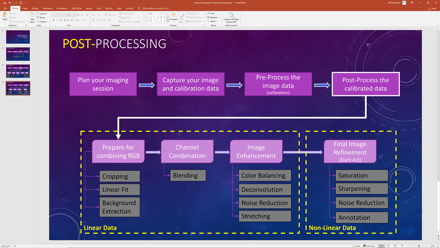And stretching is the process by which we go from linear data to nonlinear data. And once you've taken that step, then that is not reversible. Your data has been permanently altered. Following that, it's really about refinement,